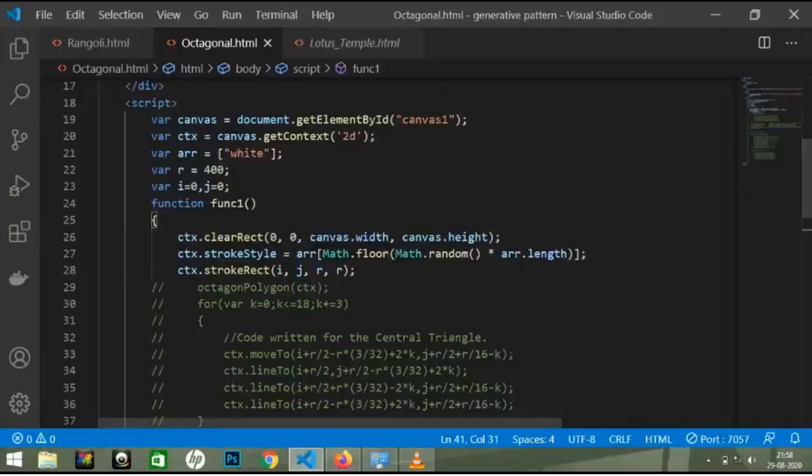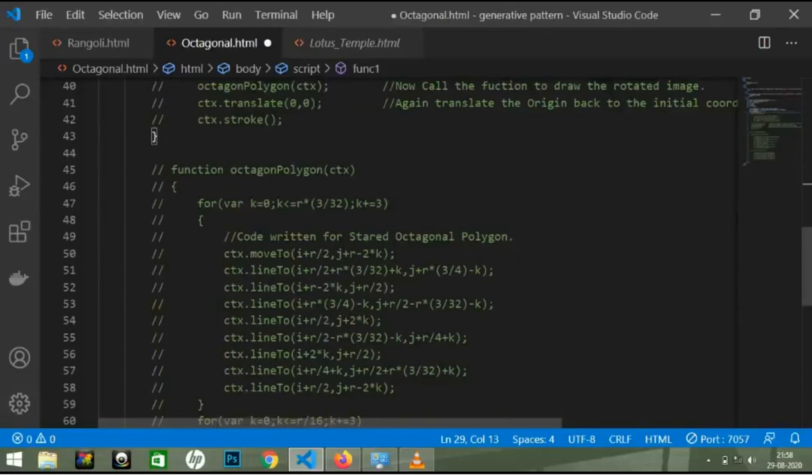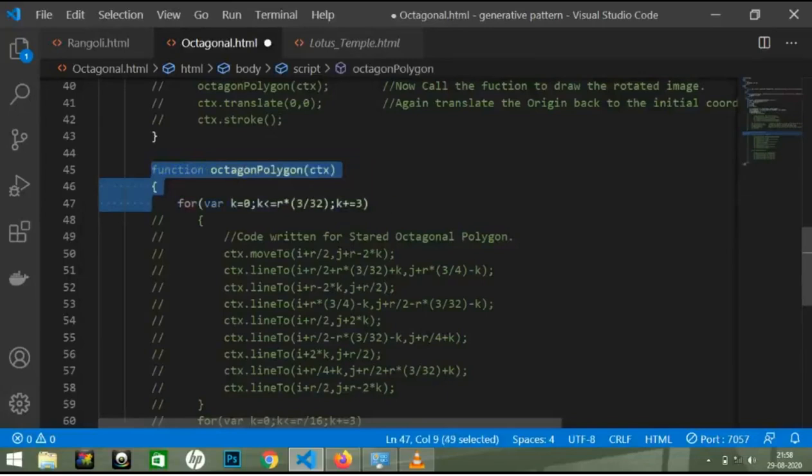Now I am going to uncomment the octagon polygon method call, which takes context as its parameter. As we have made the function call here, let's see what is written inside that octagon polygon function. Inside this method, I have defined the code for two shapes, the first outer octagon and the second middle squares.